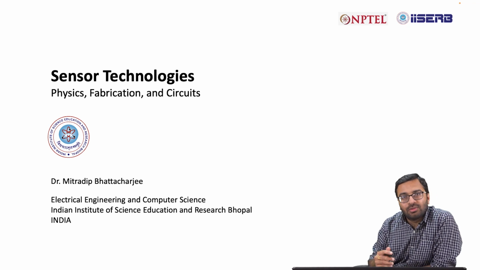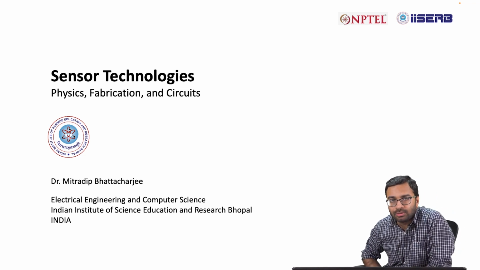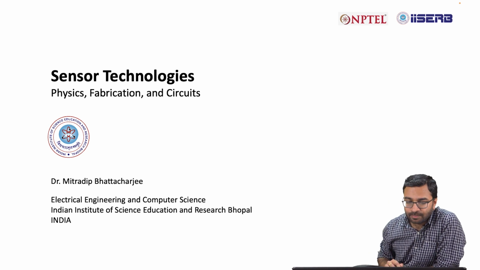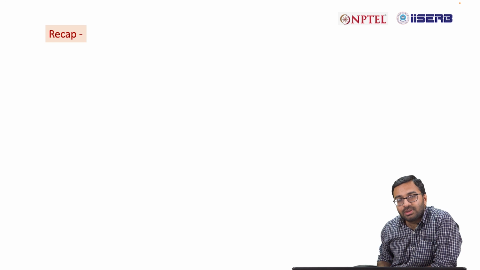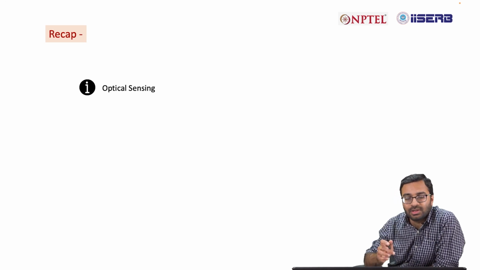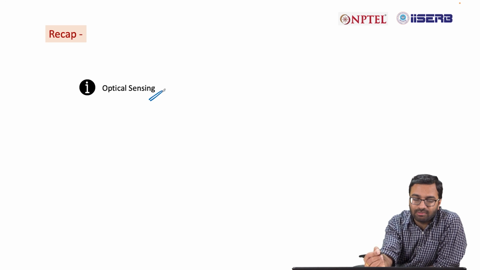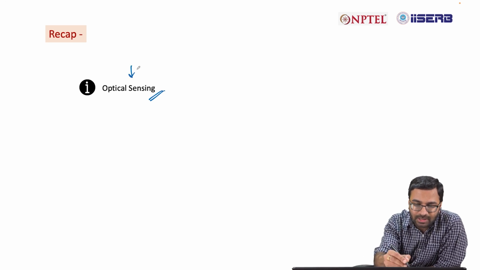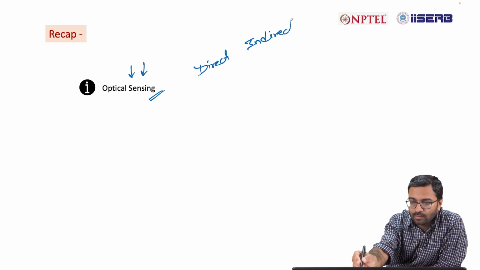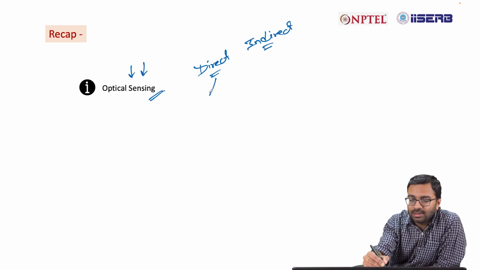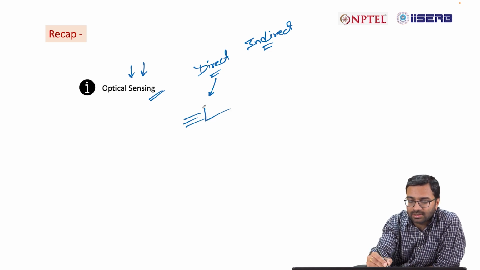Hello everyone. So we have already started discussing the physics related to different sensors. In the last lecture we discussed the different physics associated with optical sensing, and we have seen that in optical sensing as well we have the direct and indirect sensing concept. Now in case of direct sensing, the optical signal will be directly detected by the sensor